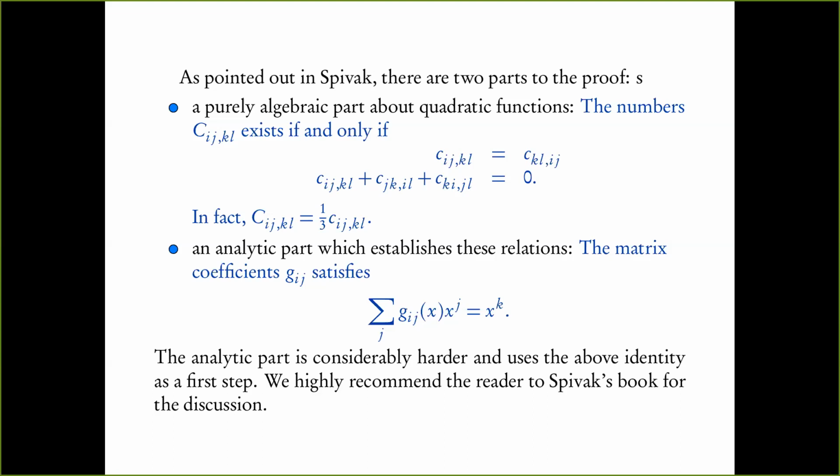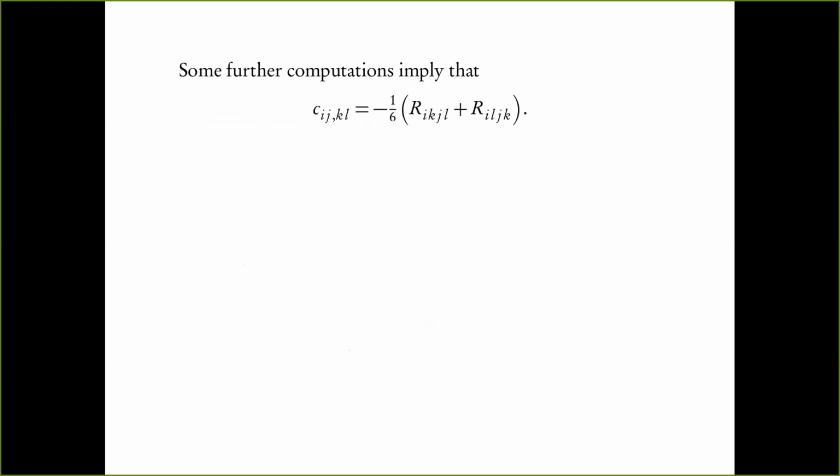Okay, so what does it give us? Are there any questions so far regarding the structure of the proof? So you separate the question into two parts and then you just solve them, each having a different flavor. Okay, so if you compute further using the analytic step, you can in fact show that this Cijkl, which